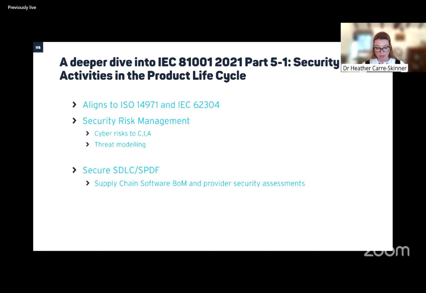So if we look a bit more into the golden child, that is 81001-5, this standard aligns to the 14971 risk management standard and 62304 software